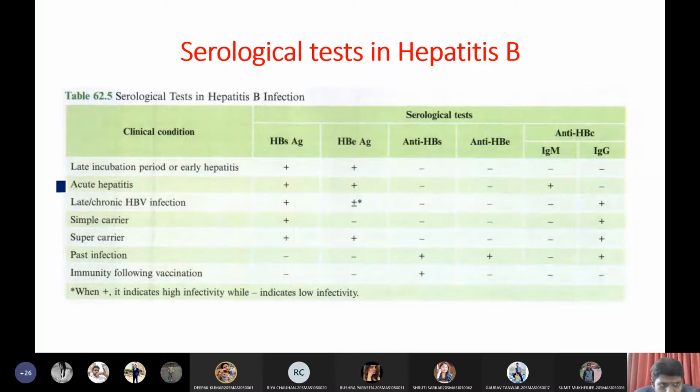First, we got an acute hepatitis infection. In acute hepatitis infection, we got surface antigen and envelope antigen in the circulation because viral surface antigen and envelope antigen are present. Whereas, can our body produce surface antibodies in the beginning itself? In the acute infection, can our body produce surface antibodies? No, it's not possible. And envelope antibodies? No, also not possible. So that is why both surface antibodies and envelope antibodies are not there.